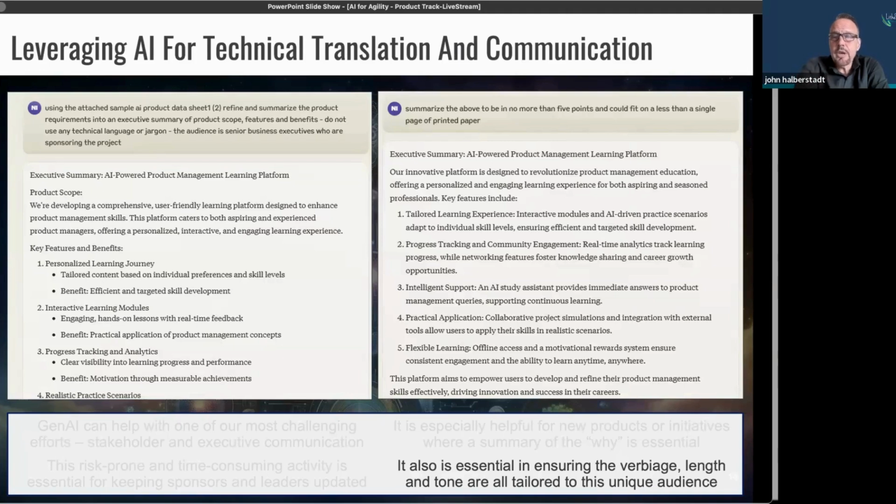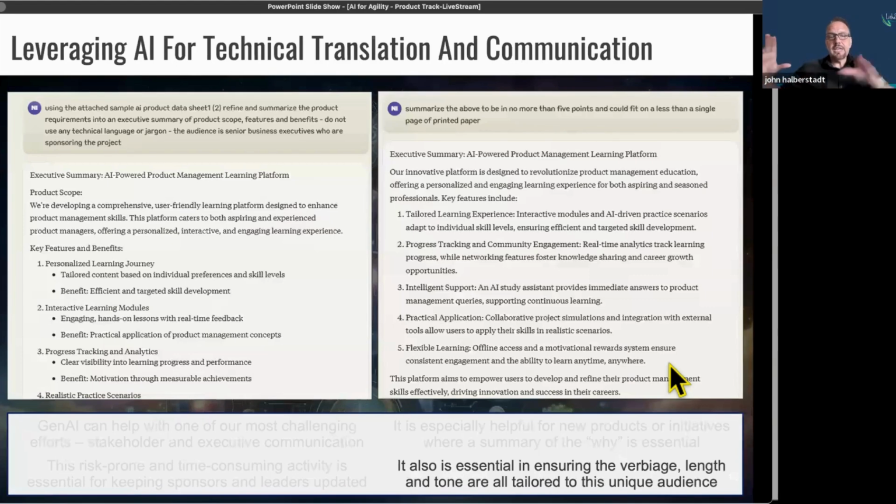And as product people, we know that we really need that why. We need to understand why we're doing this. And when it's done, what will the impacts be? What are things that the world will be different in terms of when this product is delivered? What will people be able to do? What does this product truly offer? Why does it exist? What problems is it solving at an executive level?